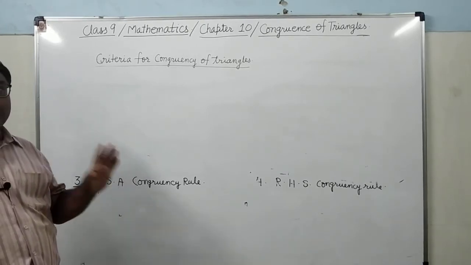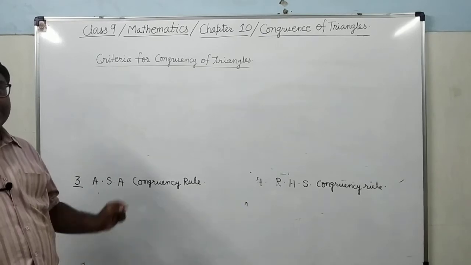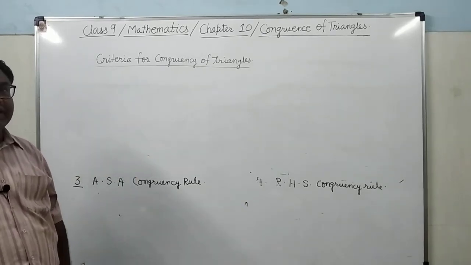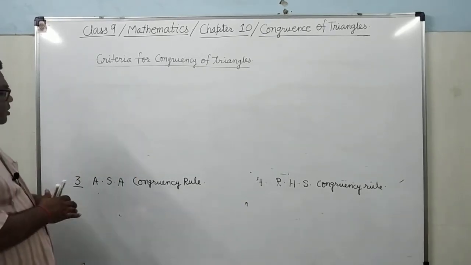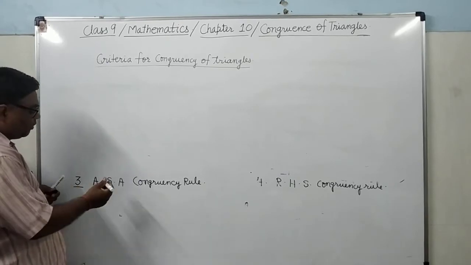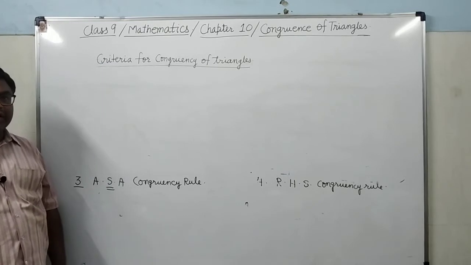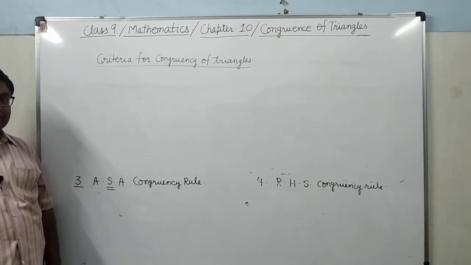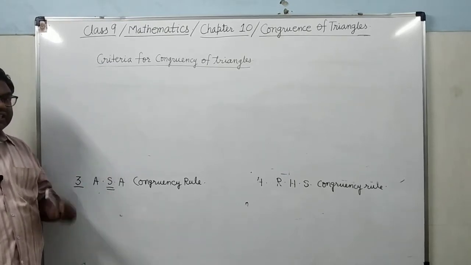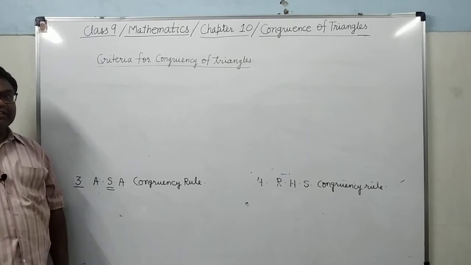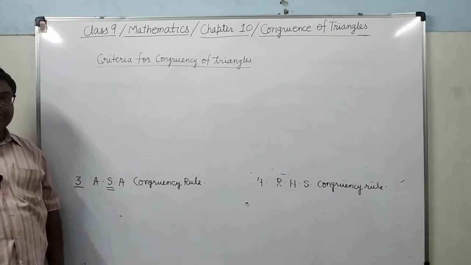be passing through those angles. Side must be passing through those angles. Is it clear? This side must be included. If this is not included, then what will happen? It will not apply correctly. It's clear? That's why I am writing S in between. S is always written in between.